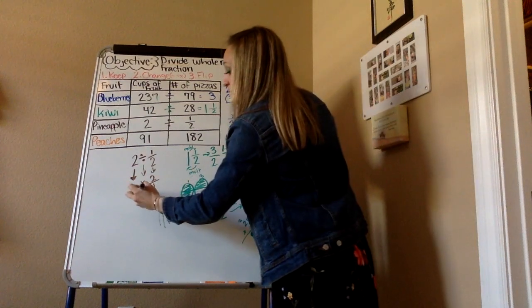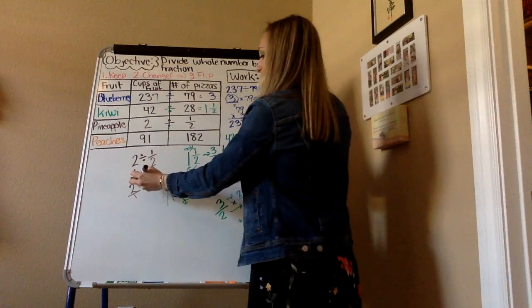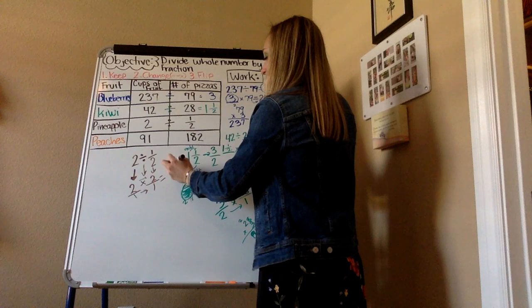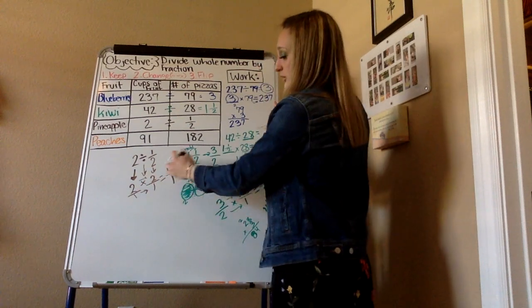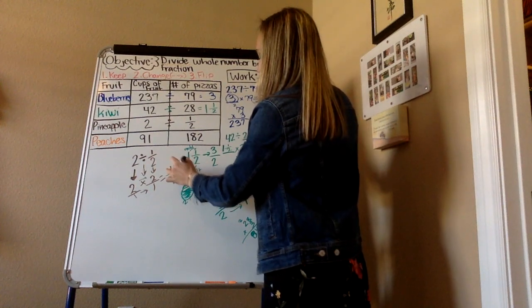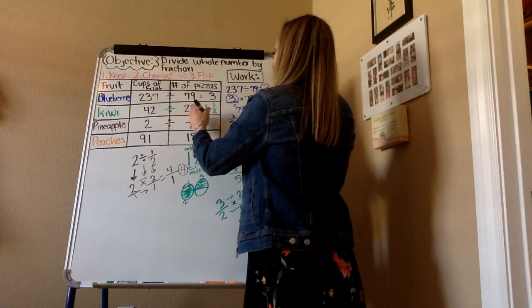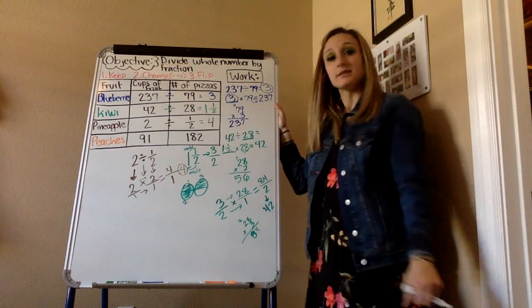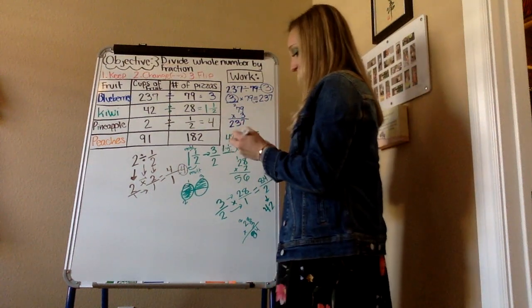All I need to do is make this whole number into a fraction by putting it over 1 and multiply straight across. 2 times 2 is 4. 1 times 1 is 1. Any whole number over 1 equals itself. 4. Pineapple. 4 cups of pineapple fit on half a pizza. Okay. And last but not least, I want you to notice